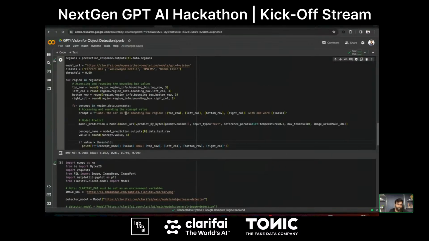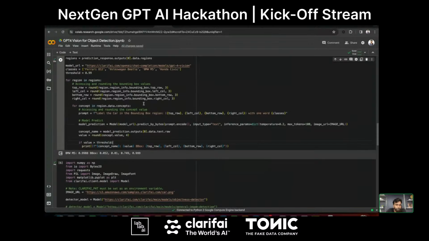So I'm iterating over all the regions, and within the regions over the multiple concepts, and only if the model is 99% confident in the predicted object am I considering it. That's what I'm doing in the entire code.